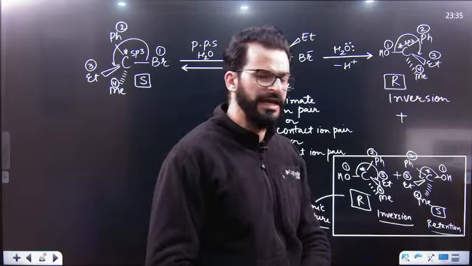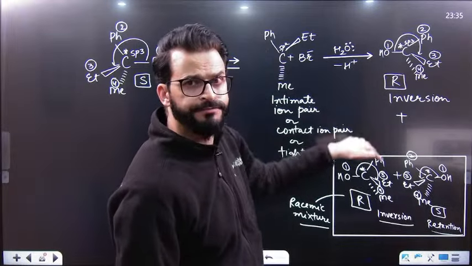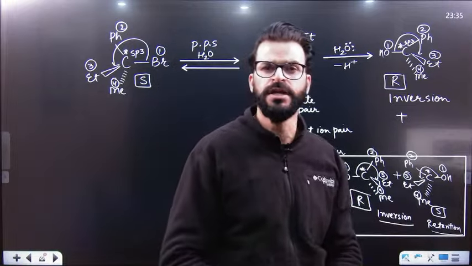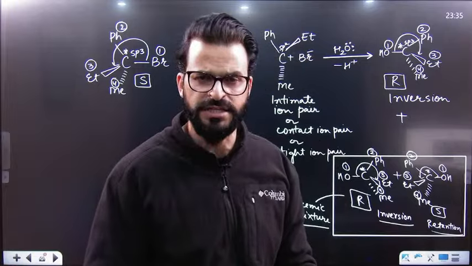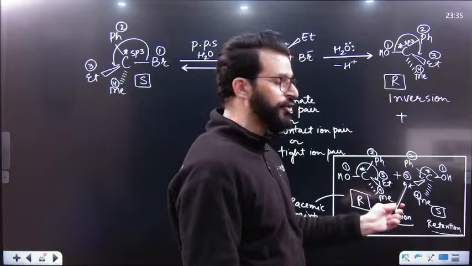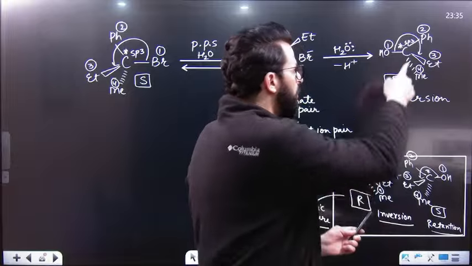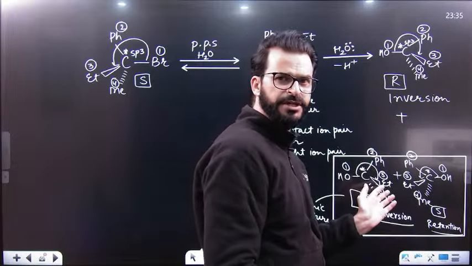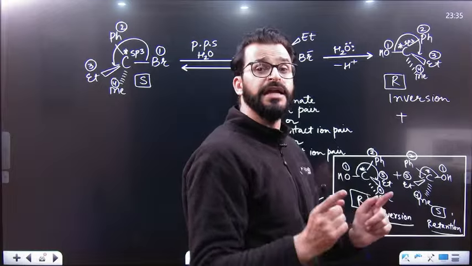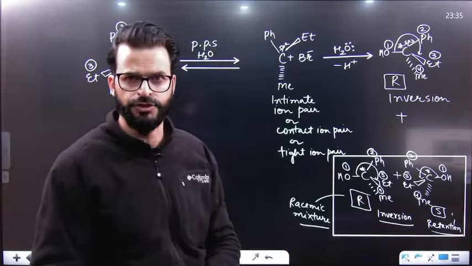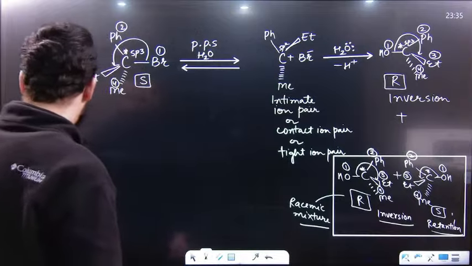In a nutshell, can I say backside attack is more? If backside as well as front side both are 50%, 50%, we call that complete racemization or 100% racemization. But here racemization will not be 100% because inversion is greater as compared to retention. Suppose inversion is 51%, retention is 49%. That means racemization will be 49 and 49, only 98%. So that's why I have written over here